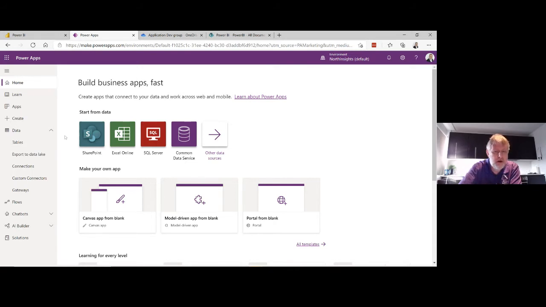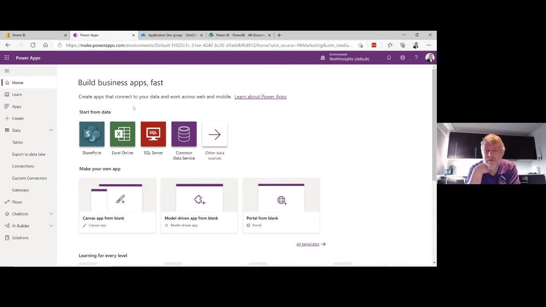One big thing to be aware of when using Power Apps is the connectors that you use, so connecting to SharePoint or Excel or SQL Server or whatever, if you want to get some data into your app. Some of them are premium connectors and some are non-premium connectors. If you're using non-premium connectors like Excel and SharePoint, your Office 365 license, I think E3 or higher, will be sufficient.